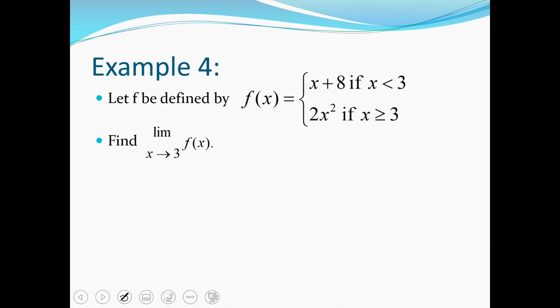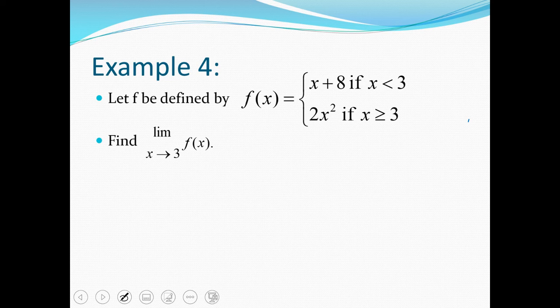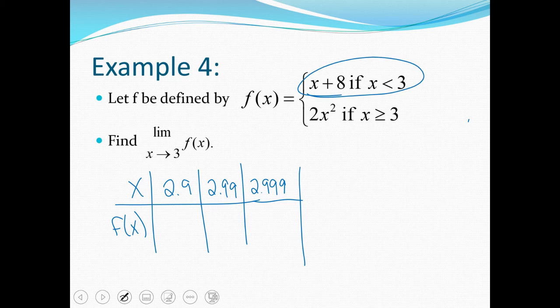Okay, last example is a piecewise function, just to get the idea. We could graph this and see. I think it's visually easier to see graphing, but I do want you to think numerically as well. Notice this is two different pieces. I'll just stick with the blue. So as you're plugging it in, we're still going to do the idea of plugging in numbers. But as we plug in numbers closer to 3 on the left-hand side, so 2.9, we're getting closer, 2.99 and 2.999. I don't think I'll need a calculator for these. If we're plugging in 2.9, we're going to use this top function. So if I plug in 2.9, we get 10.9,